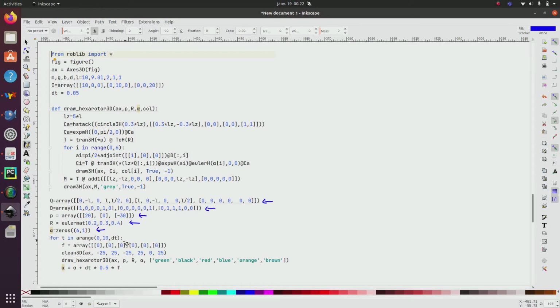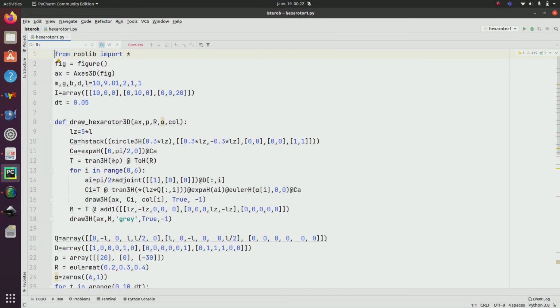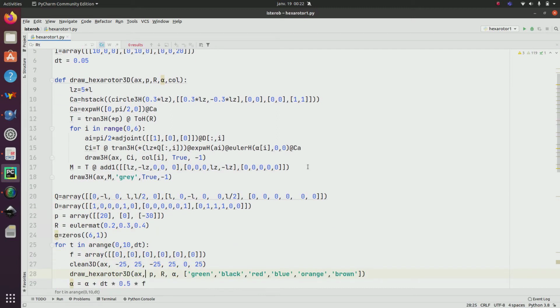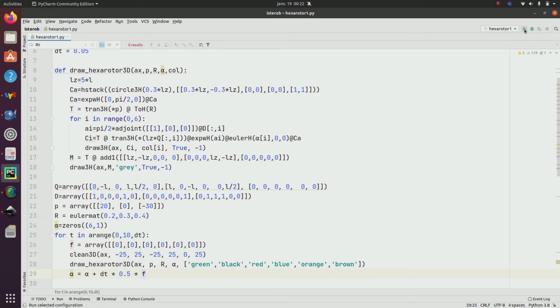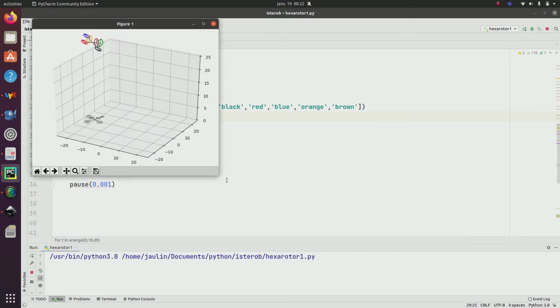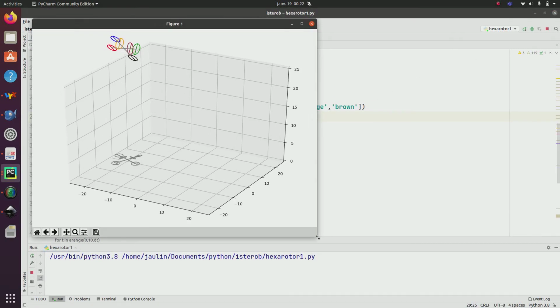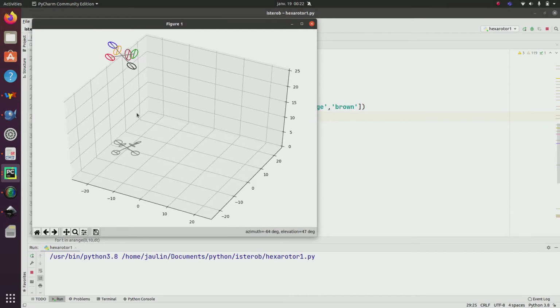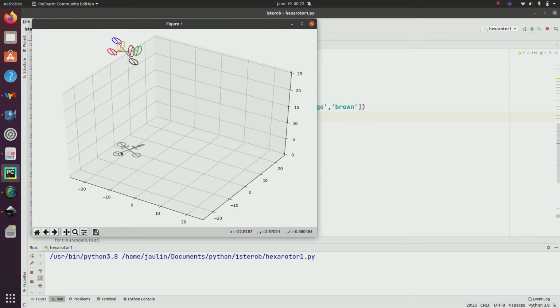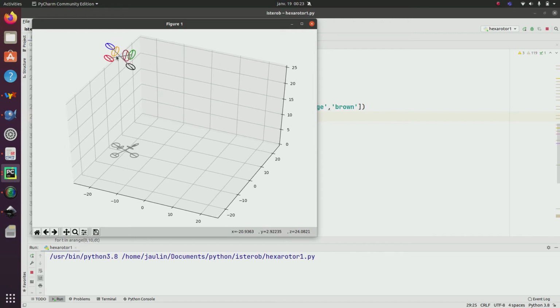So I give here some forces, and we can see that alpha moves with respect to these forces. Let me execute this program, which uses the rublib library. It is given here. I run it, and I can see here my quadrotor. I can see in gray here it corresponds to the shadow.